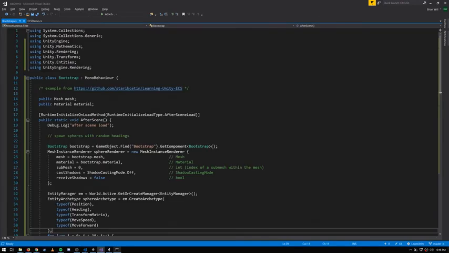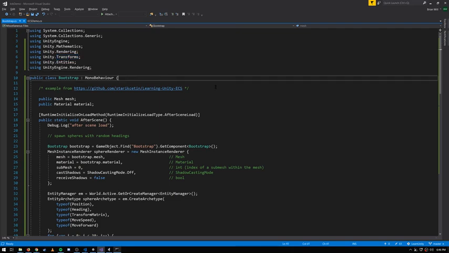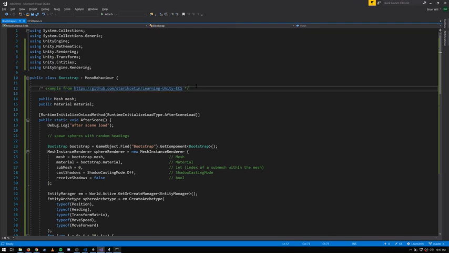Here I have an example that uses both rendering and transforms. This is based on an example I got from this GitHub repo by S. Tariq Satin. Because in this example we're going to need a mesh object and a material object, we want those to be loaded by Unity as is conventionally done in scenes. And so we're not in a system here, we're in an ordinary MonoBehaviour, which I've called Bootstrap, and given it